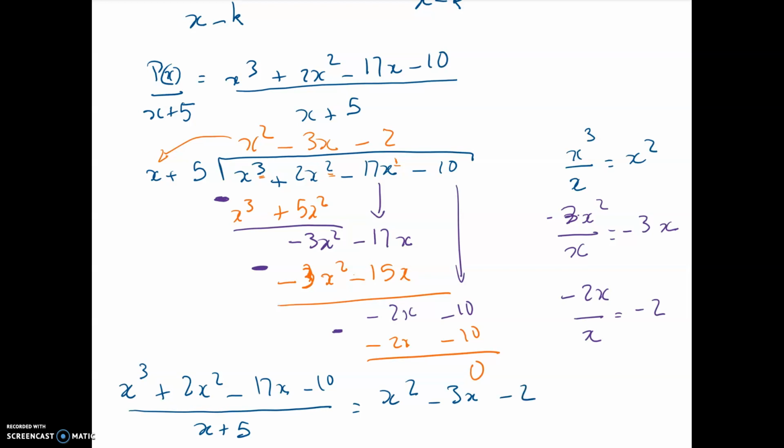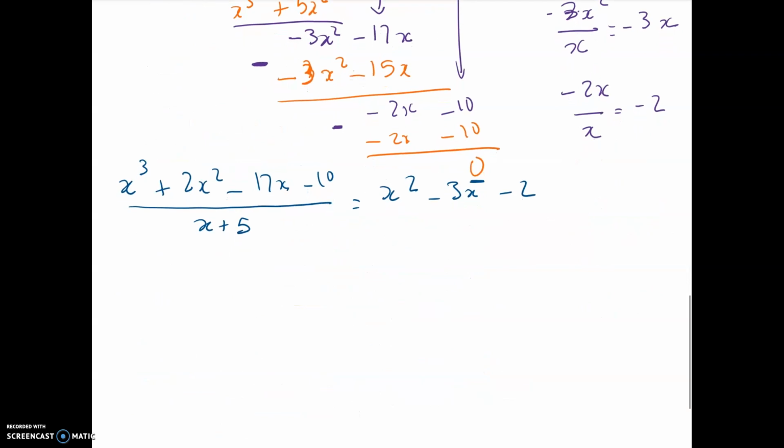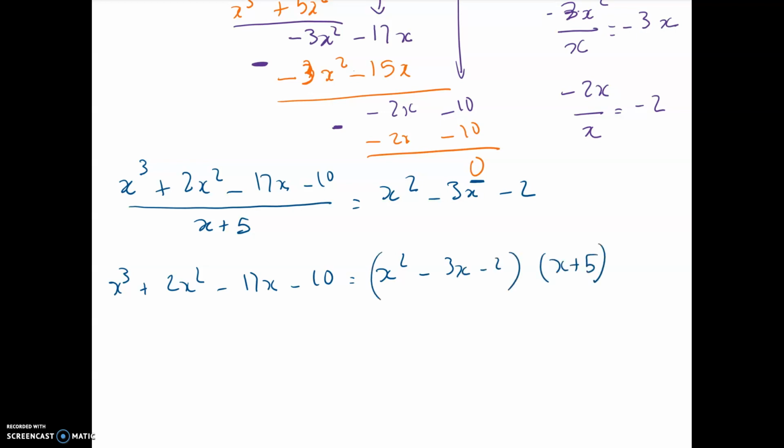Because I find 0 at the end, that tells me that my polynomial p of x, x cubed plus 2x squared minus 17x minus 10, is equal to x squared minus 3x minus 2 times x plus 5. And so therefore, from this expression, I can look for the 0 of my polynomial,